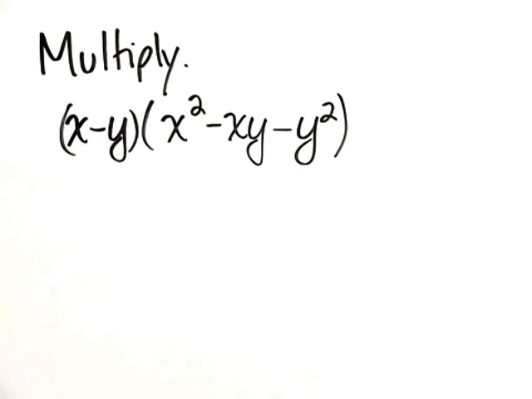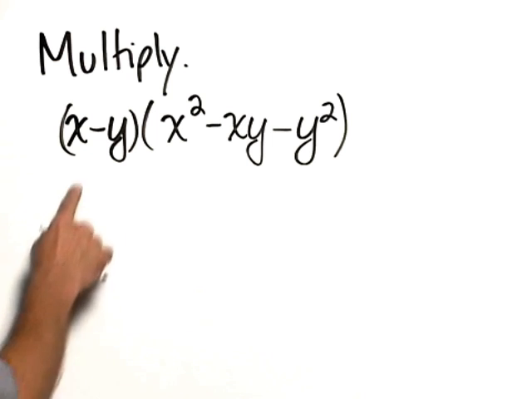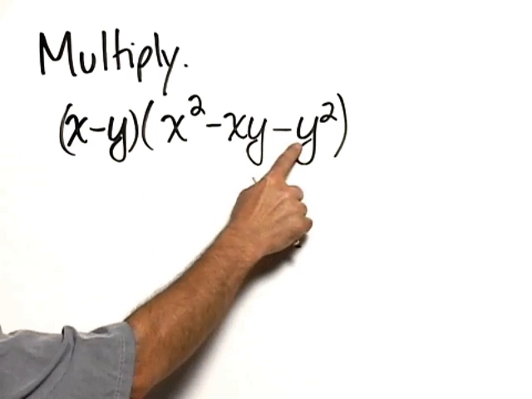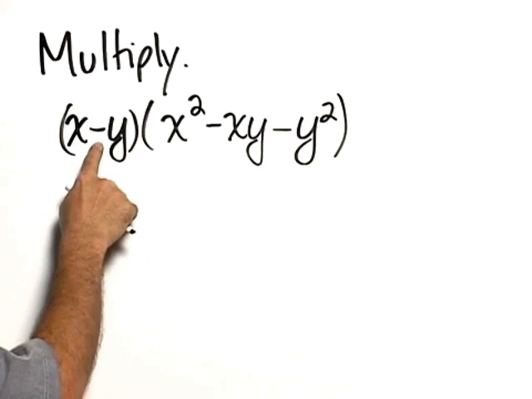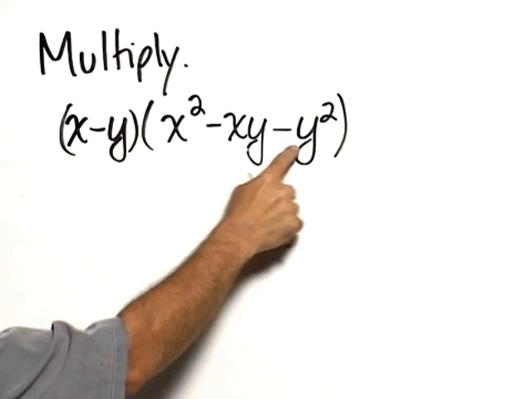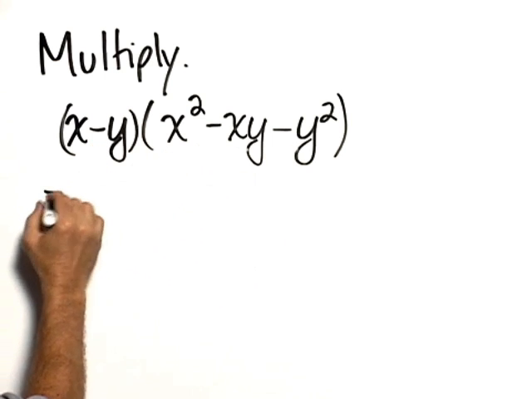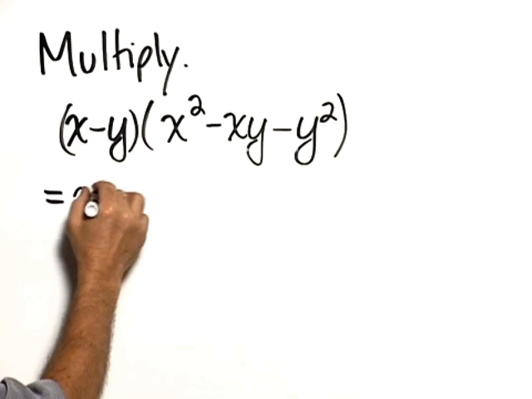Multiply the quantity x minus y times the quantity x squared minus xy minus y squared. So here we will multiply x times each term of the second polynomial and then come back and multiply negative y times each term. So this would be equal to x times x squared,